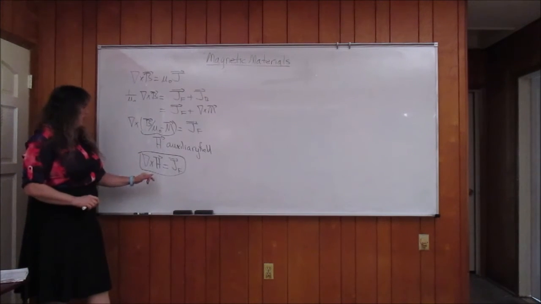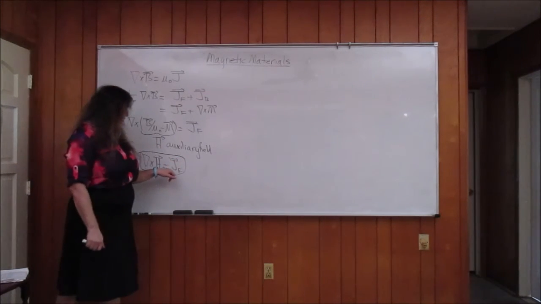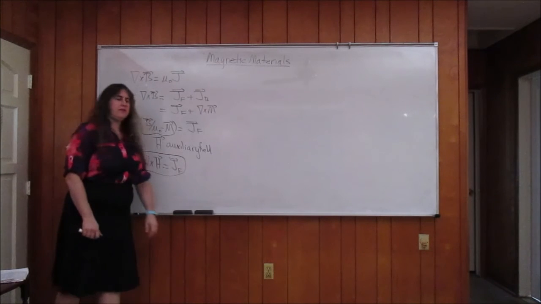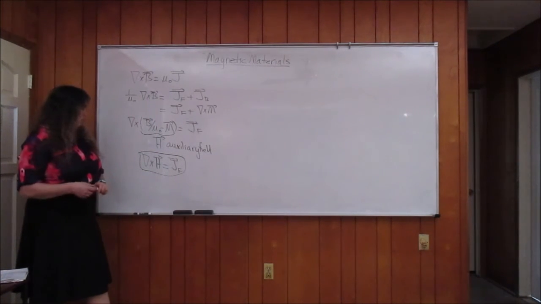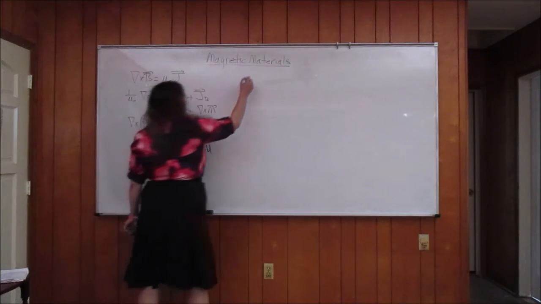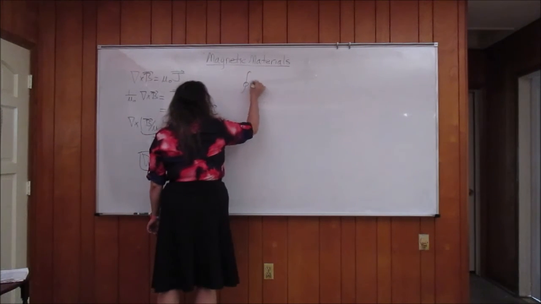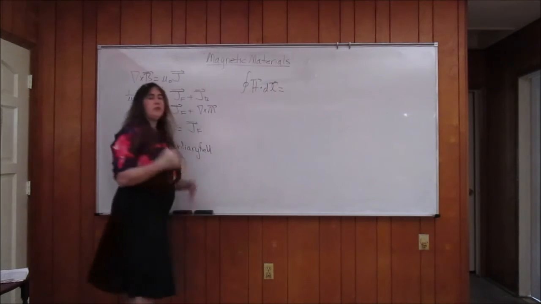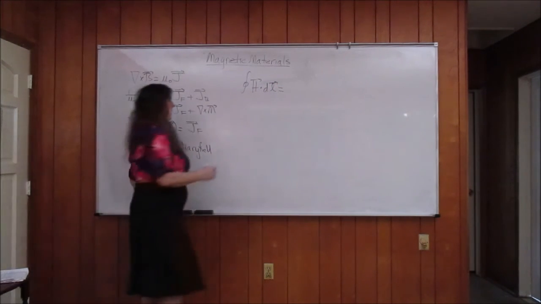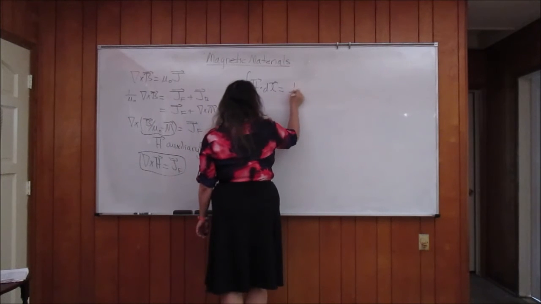We're doing the same thing here. We're separating out the free current density from the bound current density, and we wind up with curl H. So Ampere's law for magnetic materials, if you will, can be written as